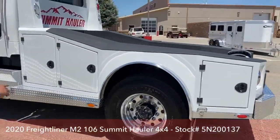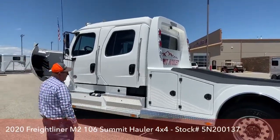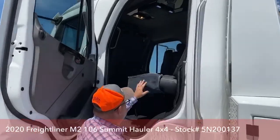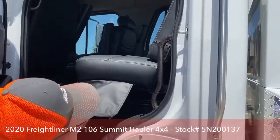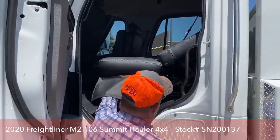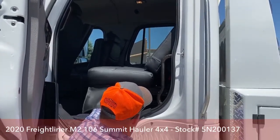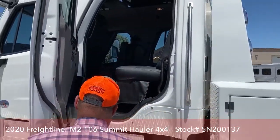As mentioned, the tire balancers are on all wheels. Now if we take a look on this side from the inside, just like all haulers, this converts down into a bed simply by pressing a button. And it goes back up just as easily. As we continue around,